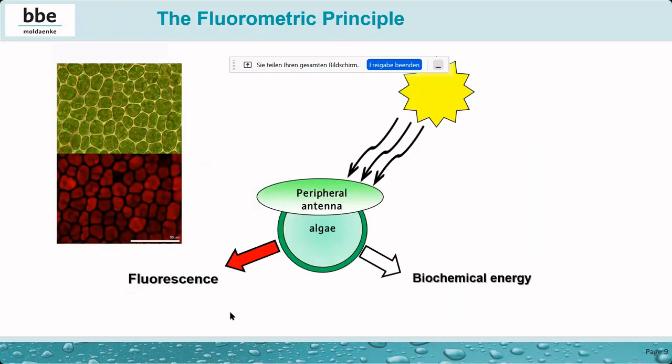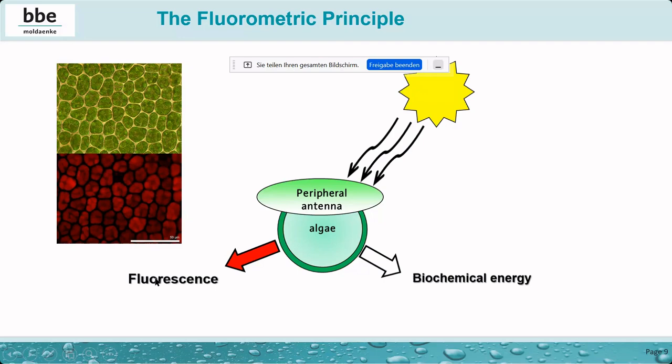How it works is quite simple. We have the light, artificial light or sunlight, and we illuminate the algae cells, and we have here the so-called peripheral antenna, which is a composition of different pigments which lead the energy to the internal cells. And some of this energy is